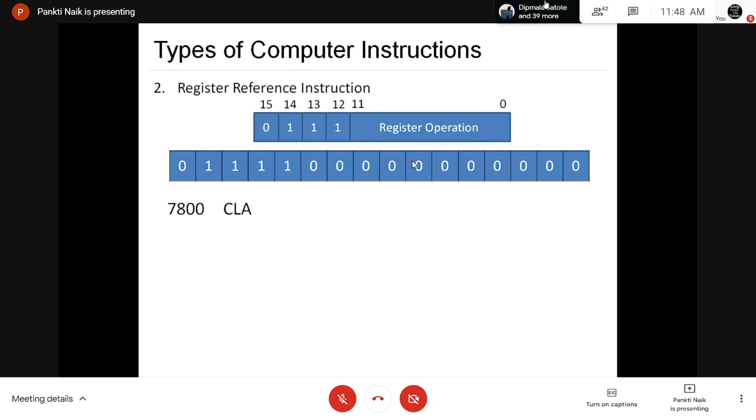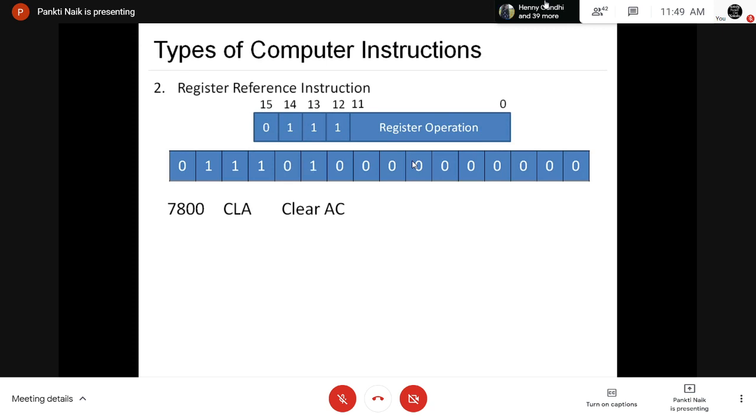Right? Now for register reference instructions, the first instruction is CLA. CLA is for clear accumulator. Whenever you want to clear the content of the accumulator, use the instruction CLA. CLA is a register reference instruction.